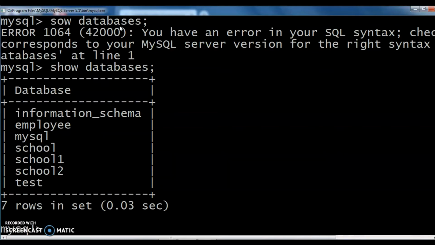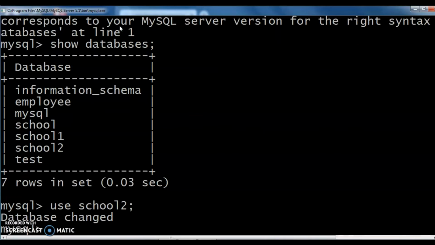Before that, we have to use the database. Then only we can create our tables inside that database. For using that database, use school 2 query. Use school 2. Then we can see one message, database changed.